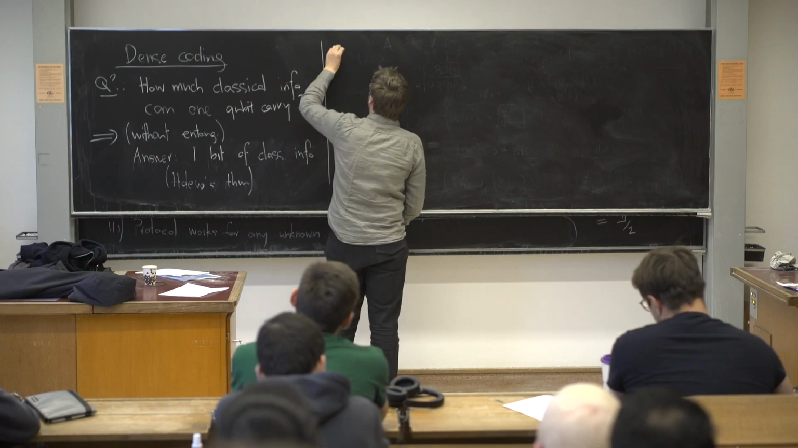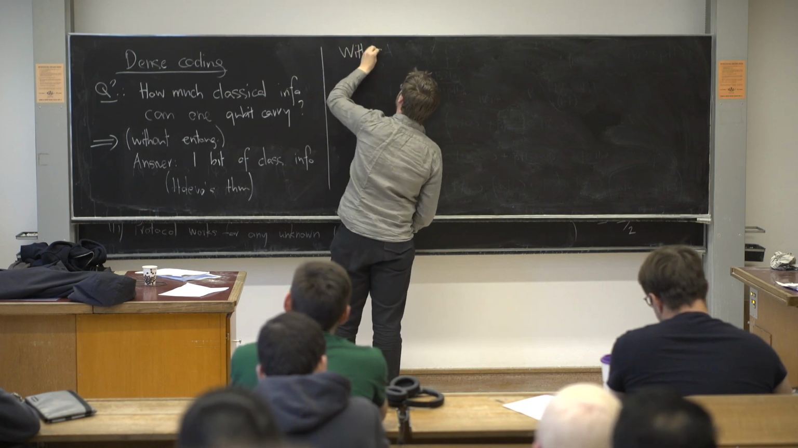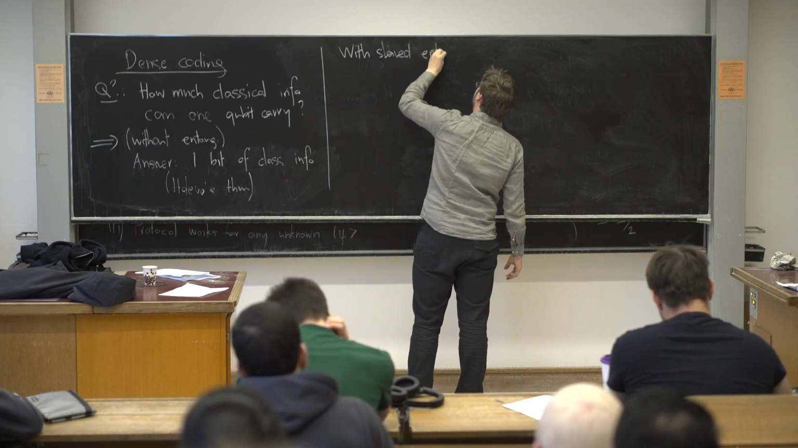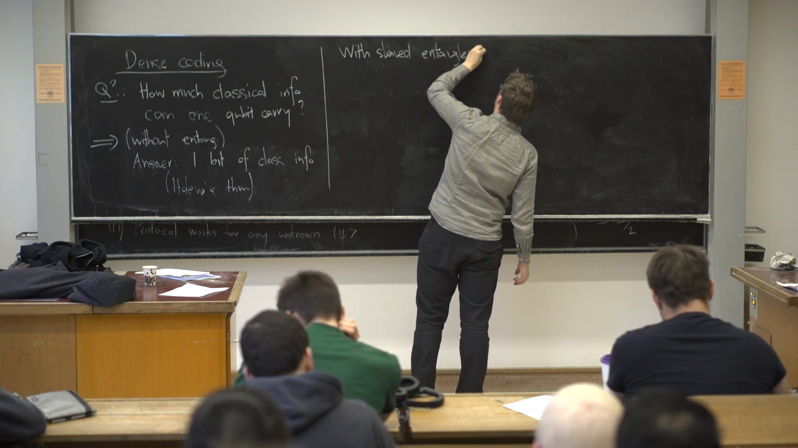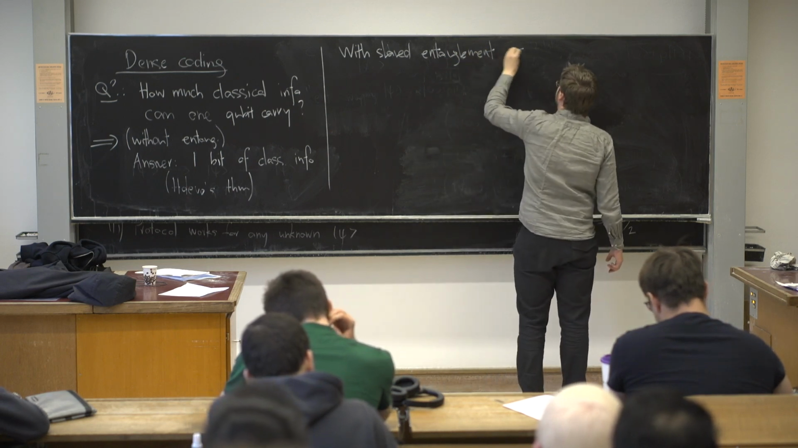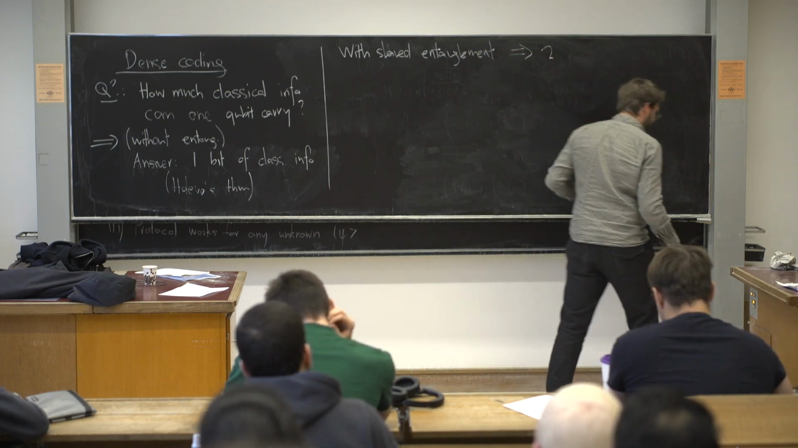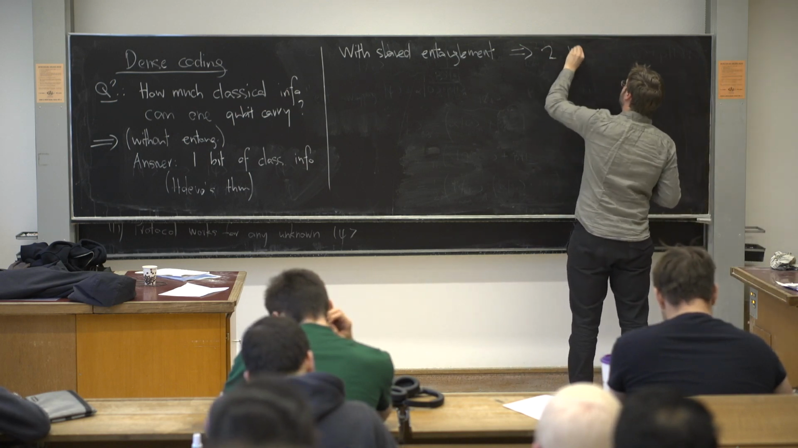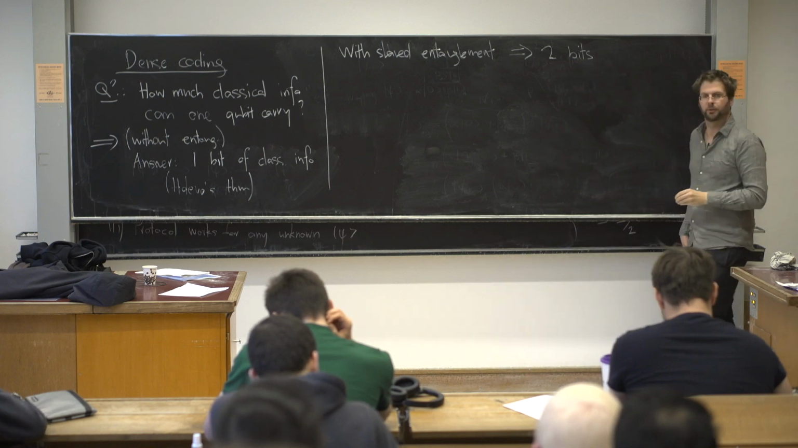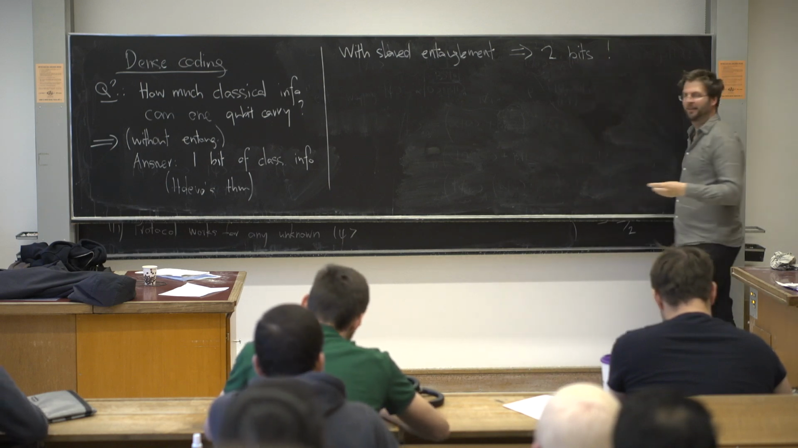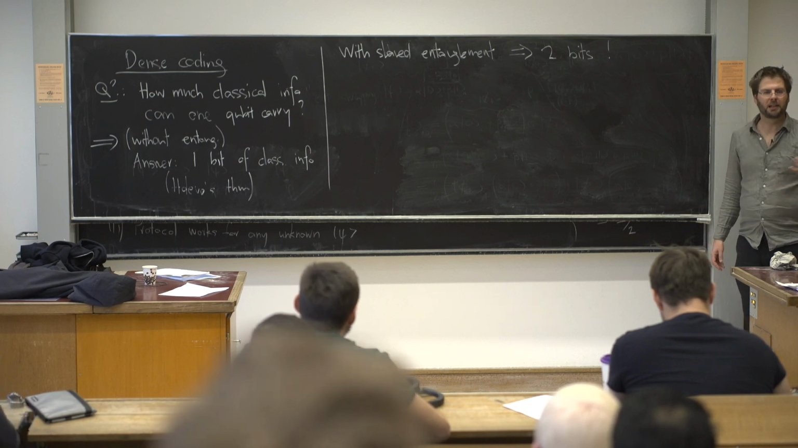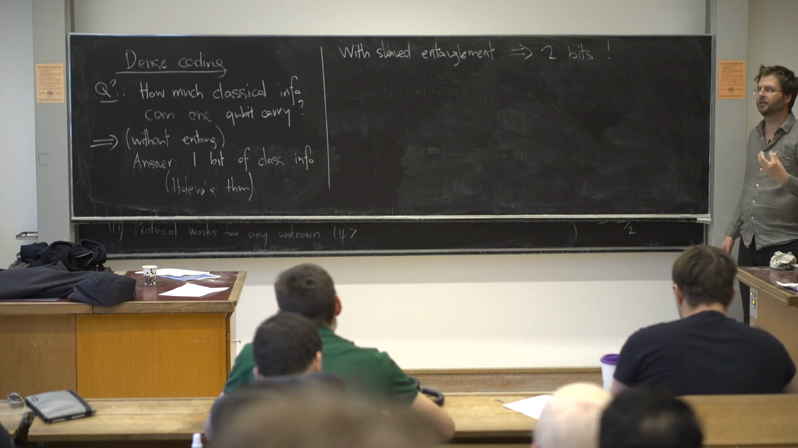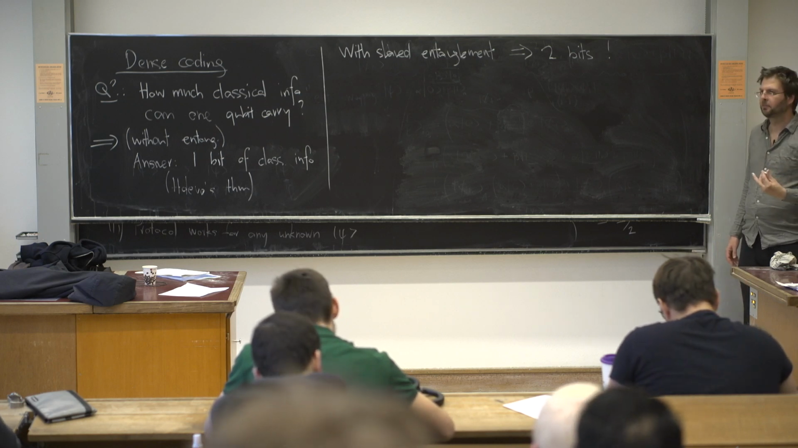So with shared entanglement, okay, you can get 2 bits. So 2 bits of classical information. Okay, so you have a sort of boost in the capacity, right? So you send one system that is just a binary one,